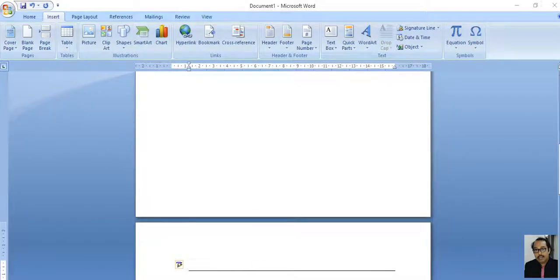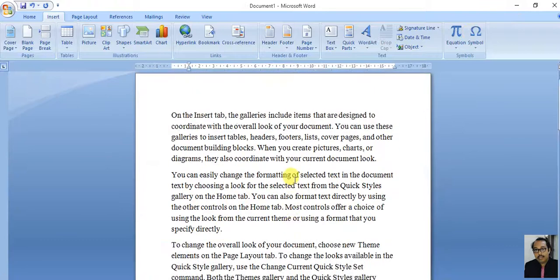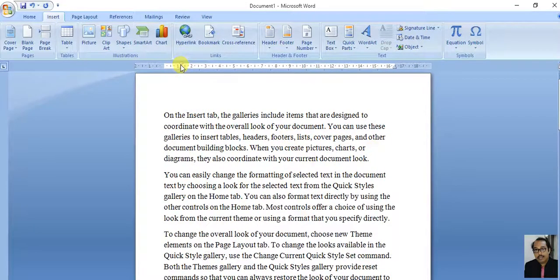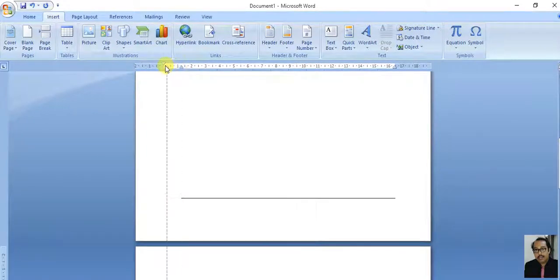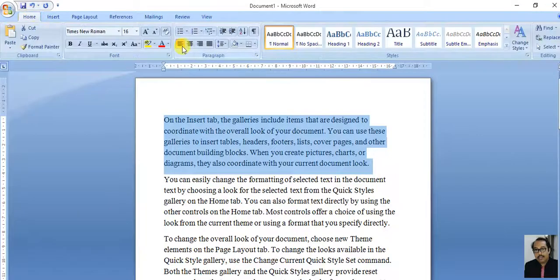Okay. Next one is indenting paragraphs. Now this is my paragraph. This is margin. I am adjusting this margin. So this is left margin. This is left alignment.